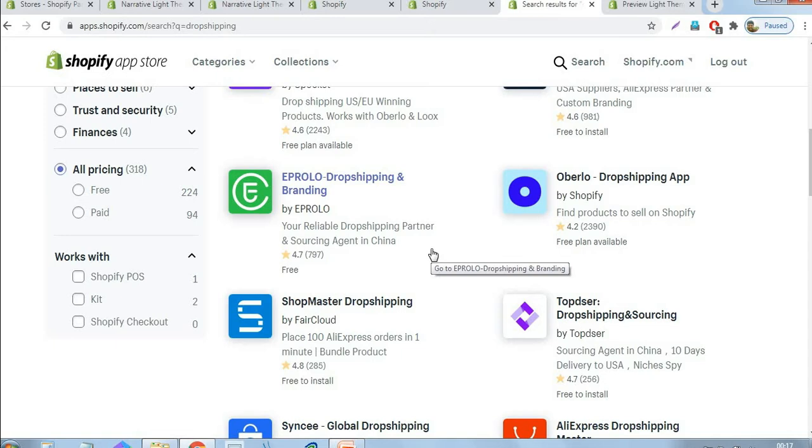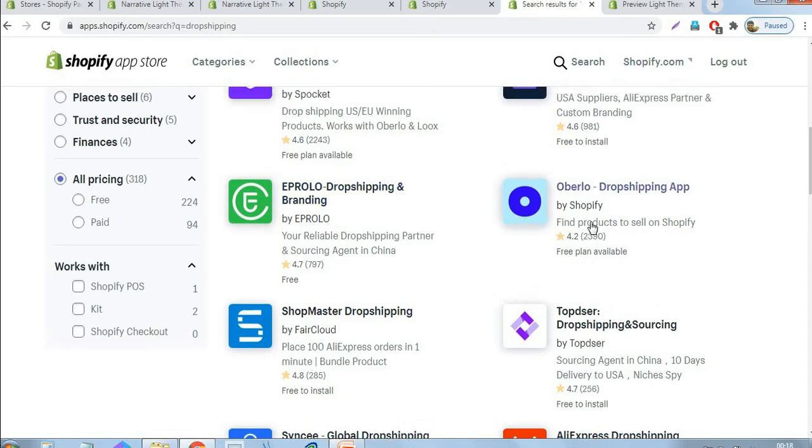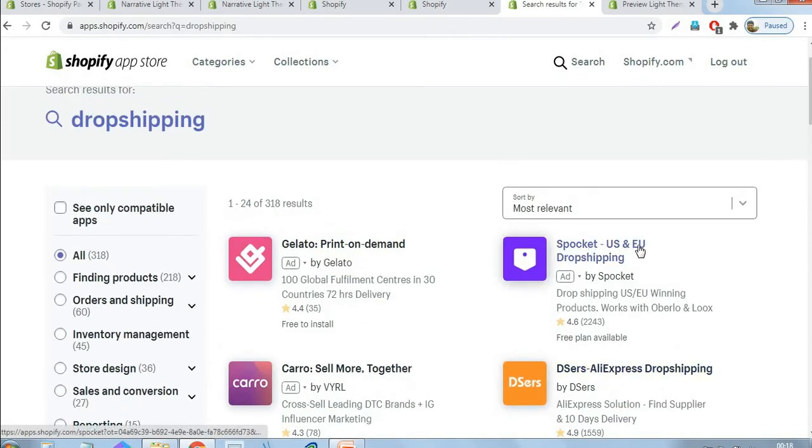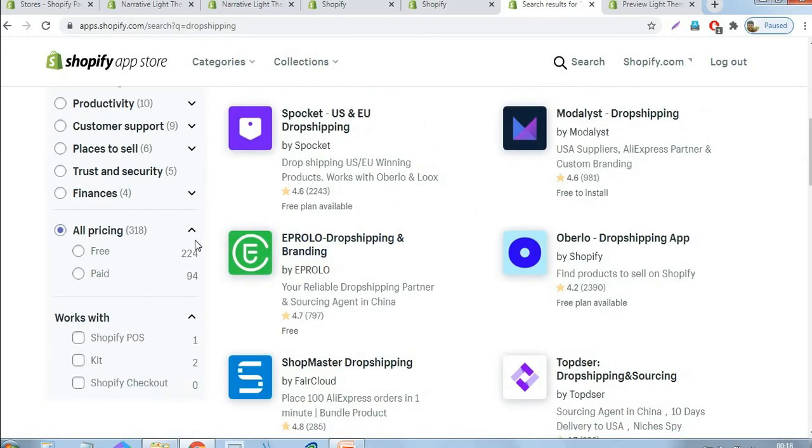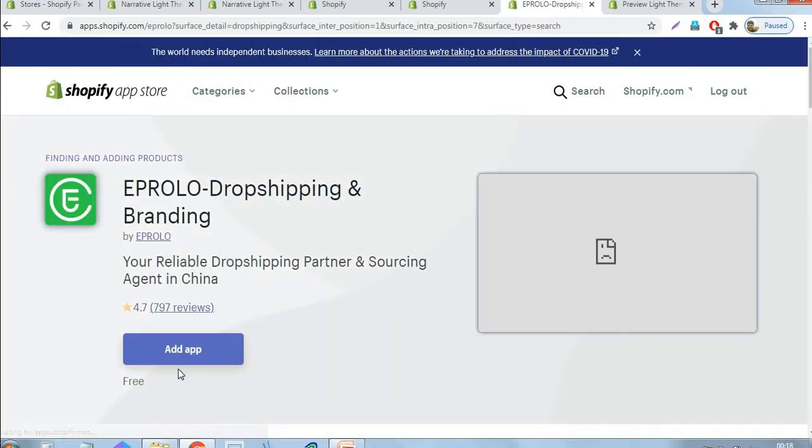The main disadvantage is the Chinese products take 20 to 30 days for delivery. If you prefer a US-based or UK-based dropshipping company, you can use this application, Spocket. Spocket is a good one. Let me install the Epperlo application for this store. Just click the add app button.